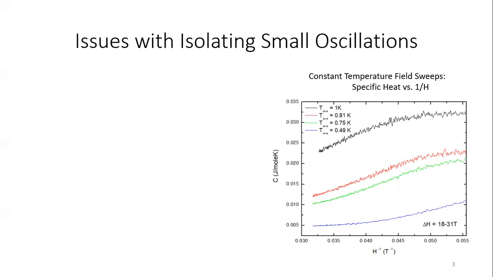Moving forward to look for extremely small signal oscillations in this data, we have to take into account a few important factors. First is the correct choice for background specific heat subtraction, as when dealing with low signal to noise data, using high order polynomials can actually lead to induced oscillations in your residual specific heat that are artifacts of the